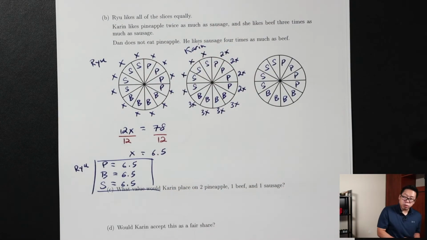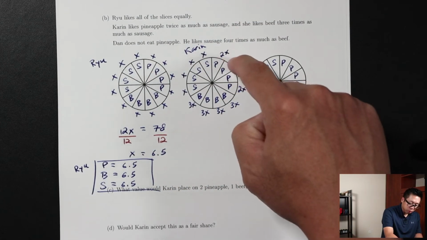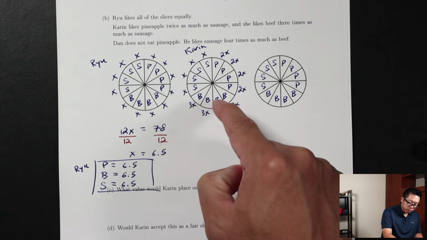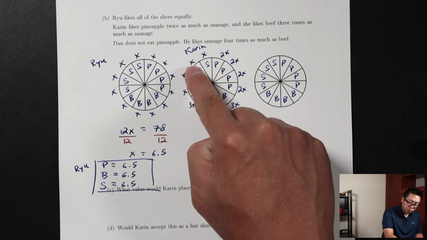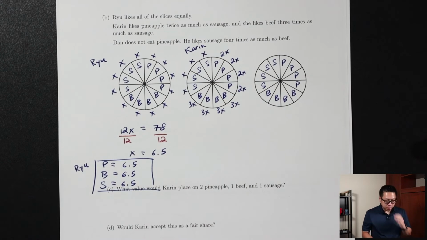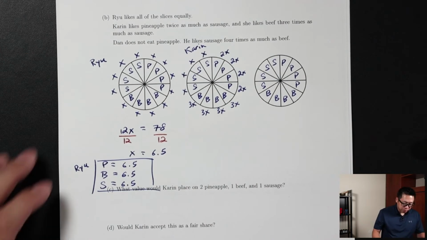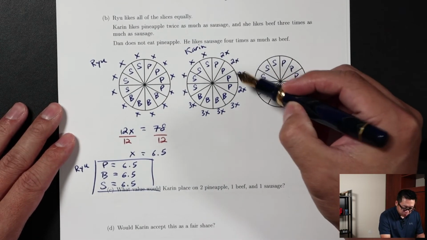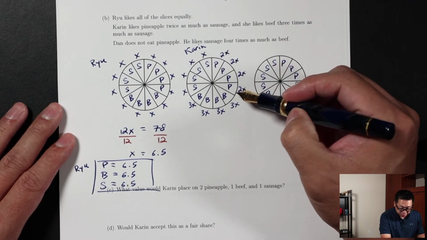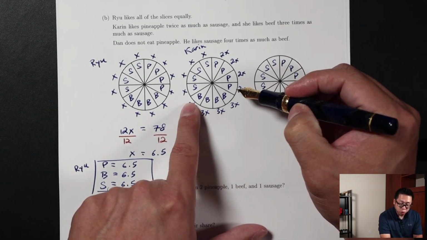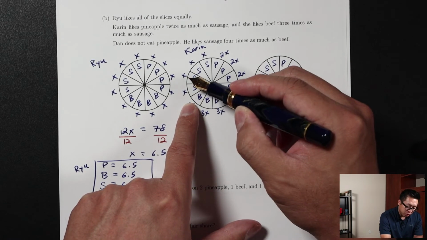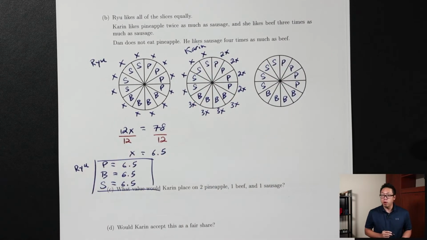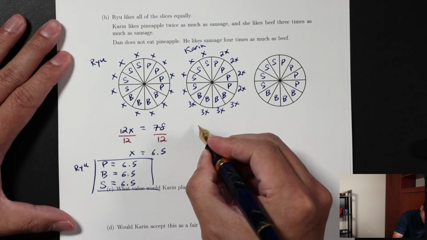Add up all the X's around the pizza. So that's going to be 2 plus 2 plus 2 plus 2, plus 3 plus 3 plus 3 plus 3. And then these are considered ones, plus 1 plus 1 plus 1 plus 1. So how many is that all the way around? 2 plus 2 plus 2 plus 2, that's 8. These 3s are 12. So now we're at 20, 21, 22, 23, 24. So 24 X's all around the pizza.